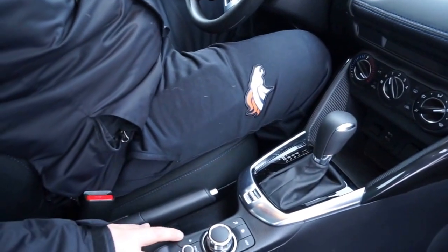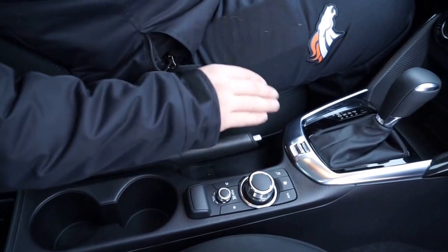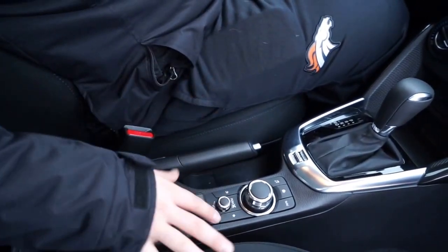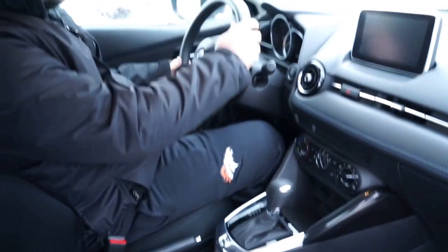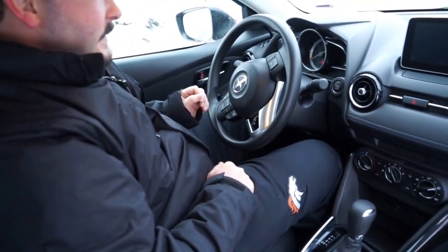For those of you familiar with Mazda, you'll just know this right off the bat. This is Mazda's infotainment system. Really easy to use, which we showed you in the driving portion of it. So again, this is what's different from the Scion to the Mazda. As we get to the center stack, the center wheel is actually really similar to the Mazda configuration,